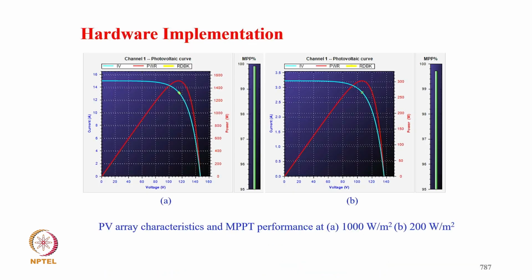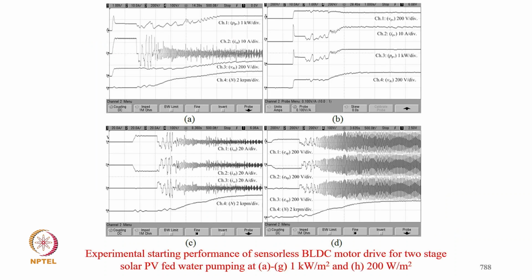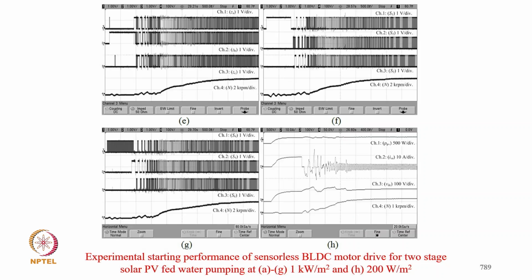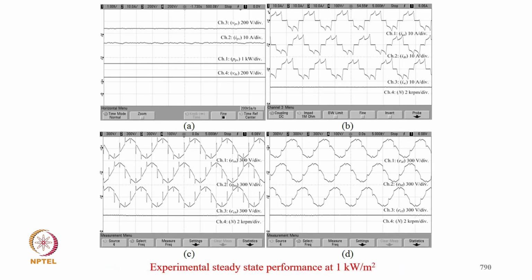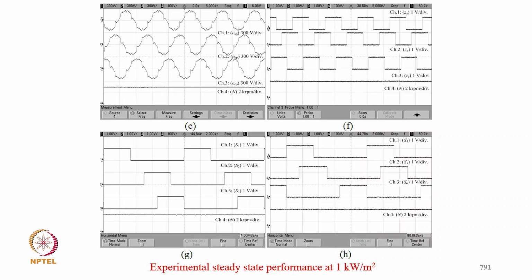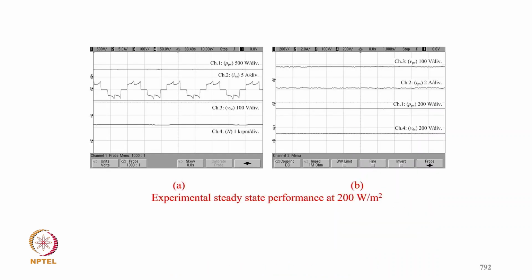intermediate signals, then the experimental performance with the MPPT at 1000 watt per meter square and 200 watt per meter square, then starting performance, and all the signals corresponding to this PLDC and switching signals for restarting performance, and then the PV voltage, PV current, then the PV power, DC link voltage, 3-phase winding current, and speed of the motor, then the sense signal and filter signal, then how the sense signal, and then the switching signal and compensation for sensorless control,